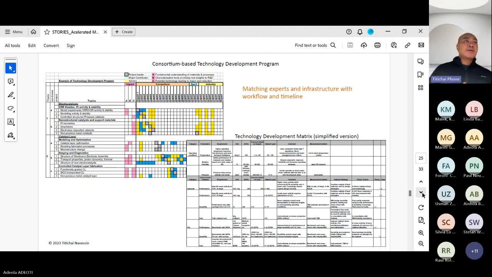In this slide, the technology development matrix, a simplified version, is shown on the right. Just to give you a feel of